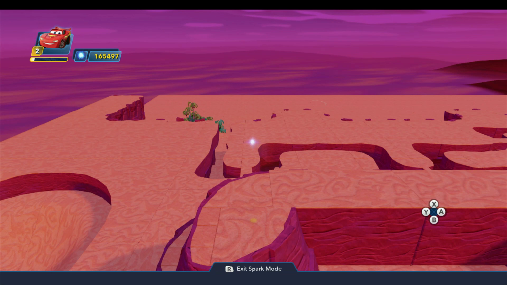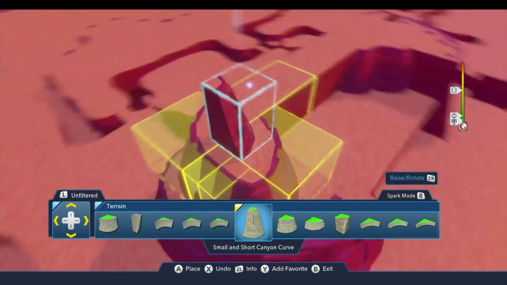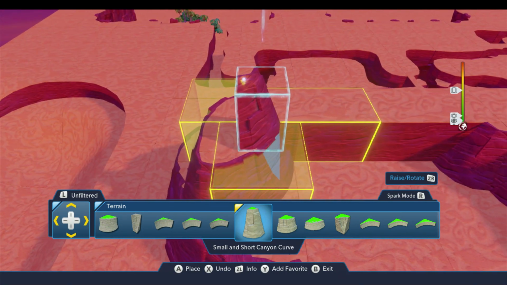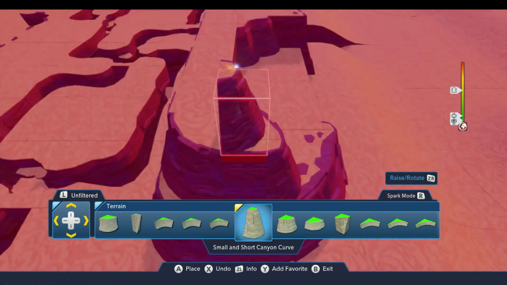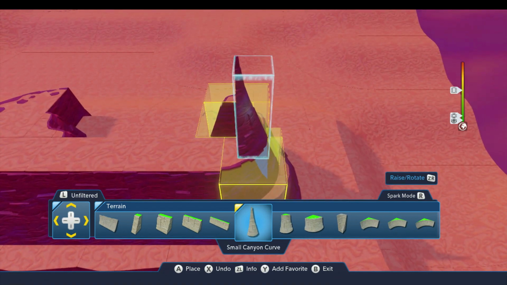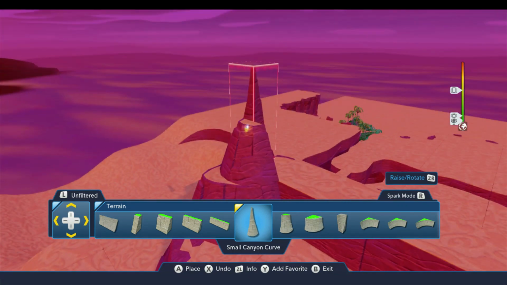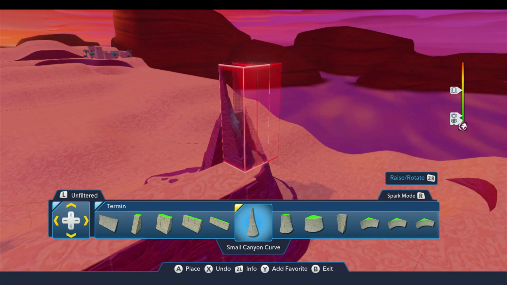And for this, let's see, we're going to use this piece. I'm going to line this up with that seam on the left and bring it over this way as far as I can. And then we'll rotate those. And again, I don't want to get too predictable, so let's use this small canyon curve, and that kind of creates a little stick of rock that sticks up like that, like you sometimes see out in the western states. And I'm going to leave a gap there,